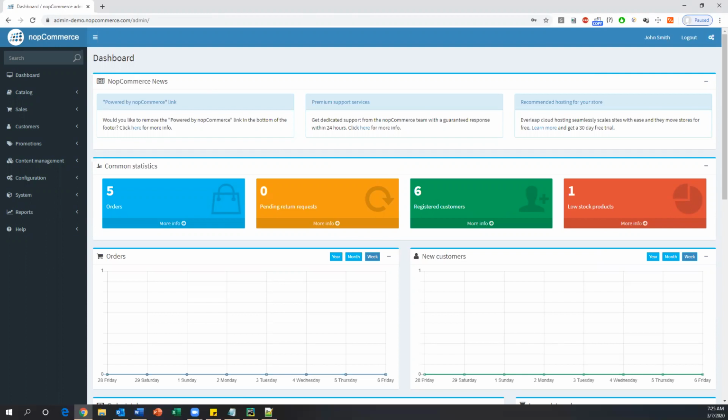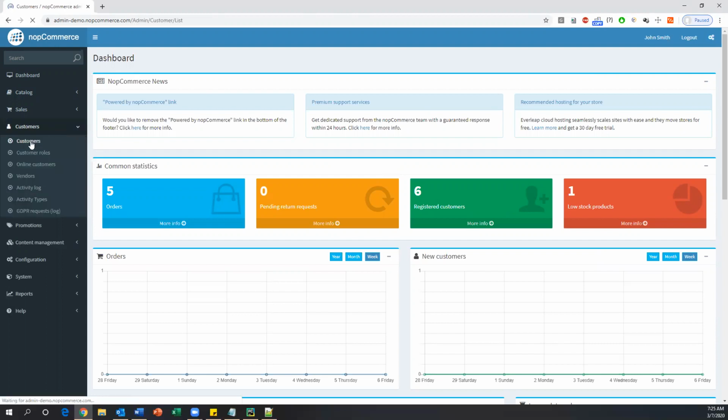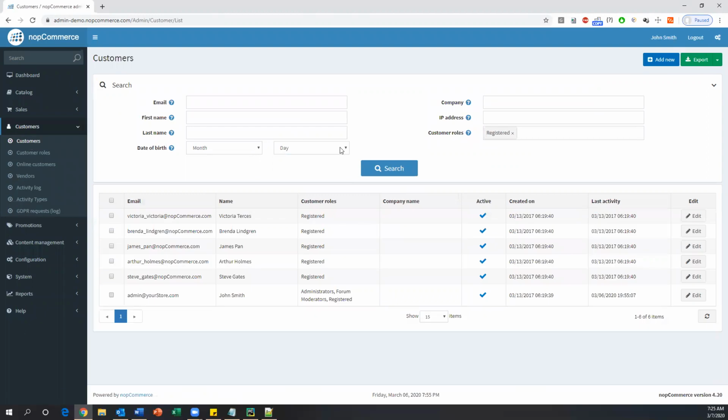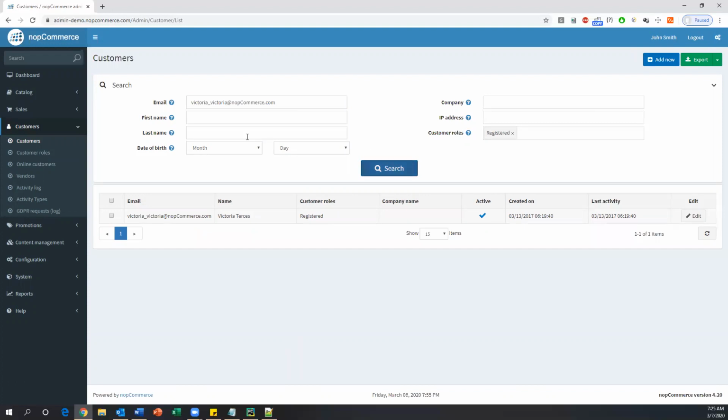By email ID, by name. So first let's start with the email. Go to the customers menu and sub menu, and then you will see the search page. Here I want to search a customer using email ID. So let's take one existing email ID, put it in the email address and click on search. After doing this, we need to check whether this email ID is present inside the table or not. If this email ID is present inside the table, that means your search with the email ID is successful.